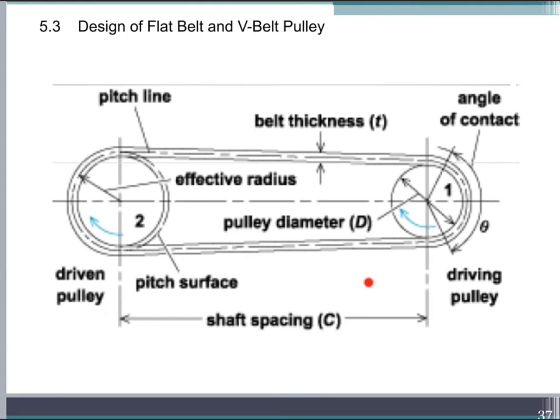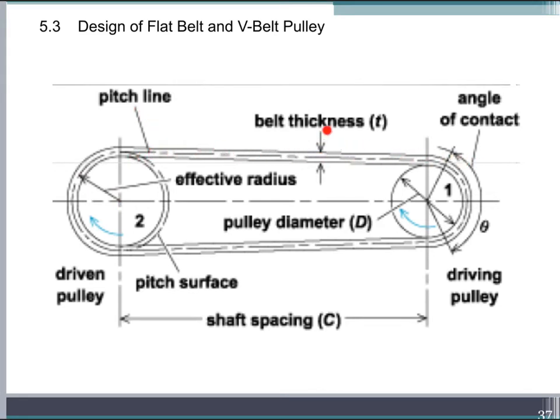There is some terminology used in belt drive systems. First, we have the driving pulley and the driven pulley. The driving pulley is the pulley which gives power and motion to the belt, and the driven pulley is the pulley which receives power or motion from the belt. And we have the pitch surface here, and then we have the effective radius of the pulley here, and then we have the pitch line,